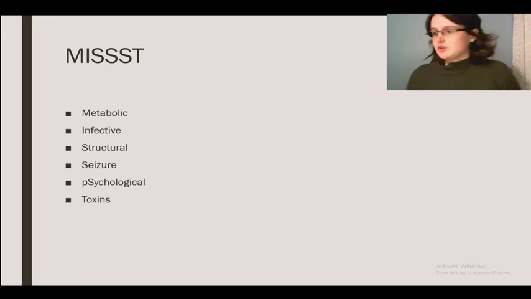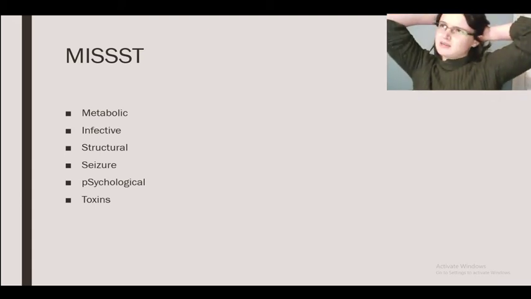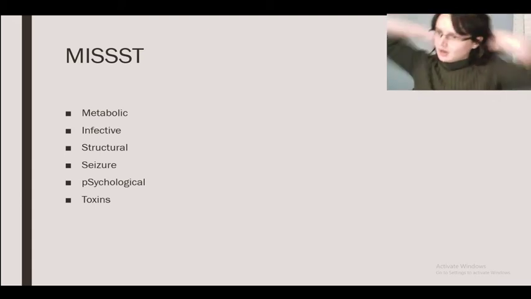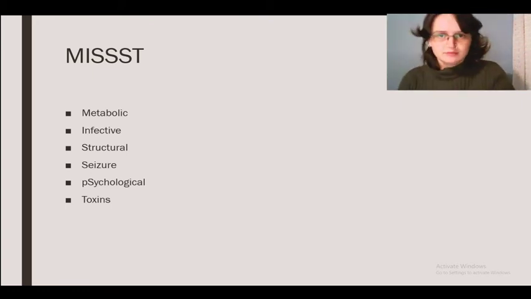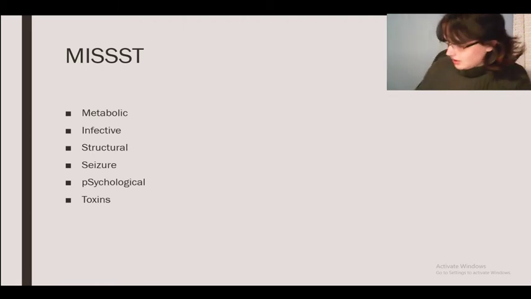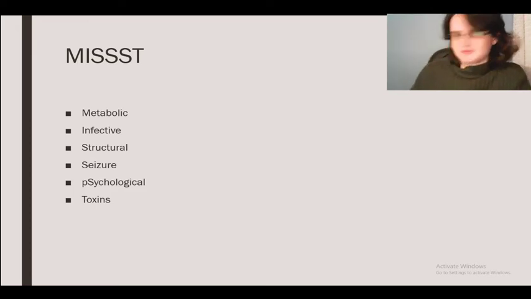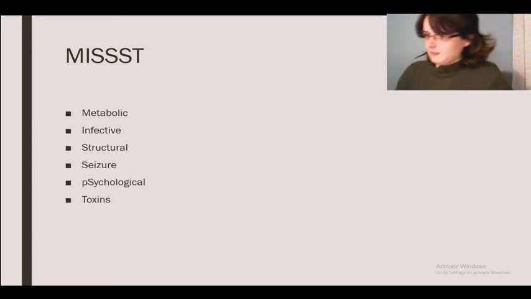The structural causes, first thing I think of when someone says structural is the mass. You've got a tumour, you've got an abscess. I guess raised ICP would also come in there, but we kind of talked about that. You could have a degenerative disease, like the psychological sequelae of Huntington's or Parkinson's, or maybe they have Lewy body, or they've got frontotemporal dementia, or something else horrible and degenerative that I've forgotten to talk about.